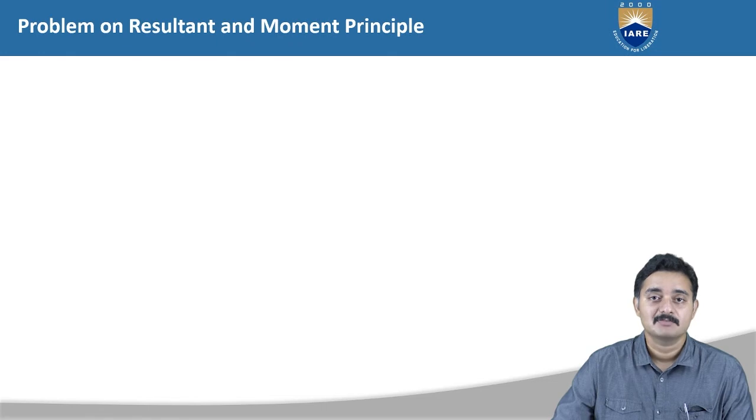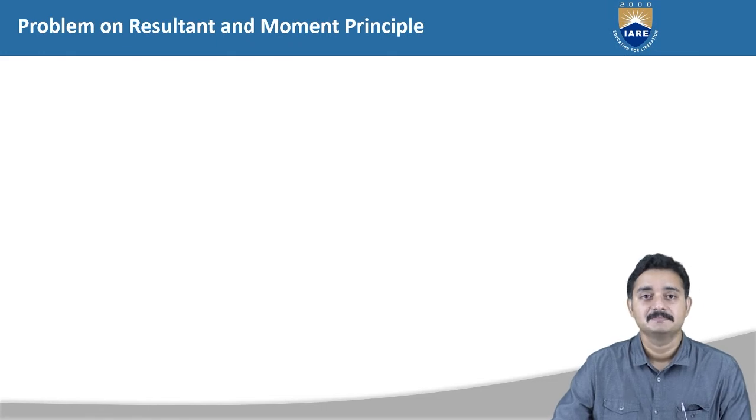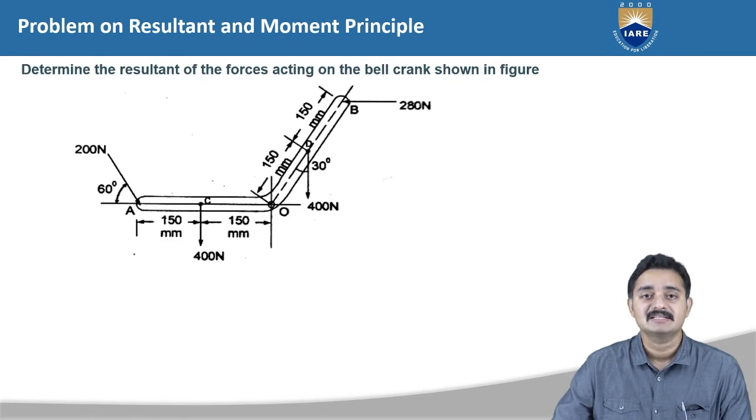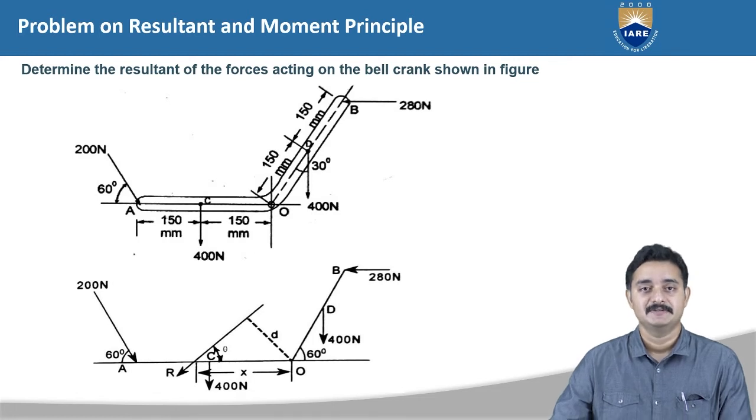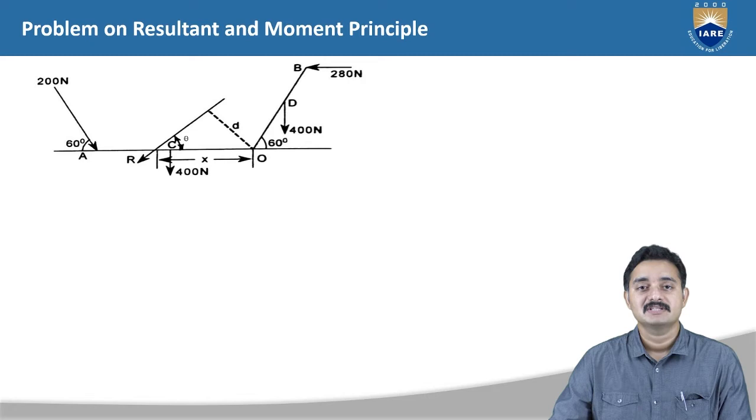Now let us solve another problem. The problem given is: determine the resultant of the forces acting on the bell crank shown in the figure. In this problem, there are 4 forces acting at various points and in various directions. The force representation is made as given in the figure. Now resolving the forces horizontally,